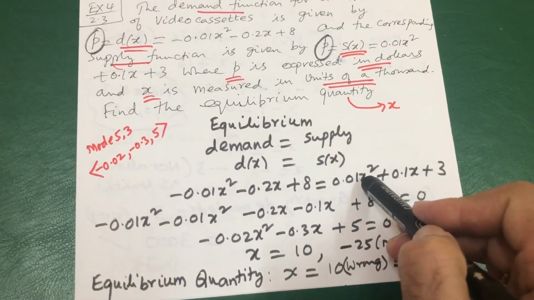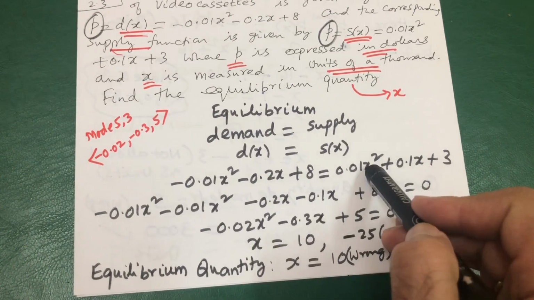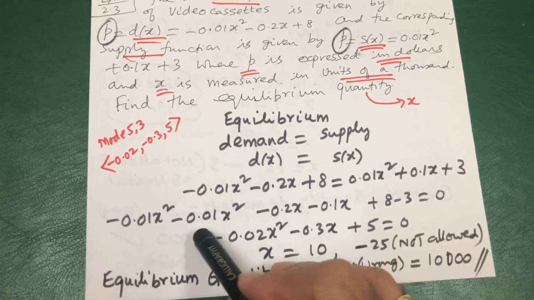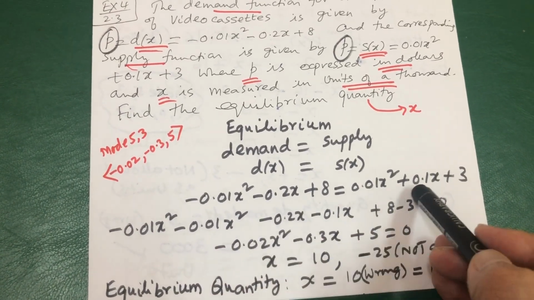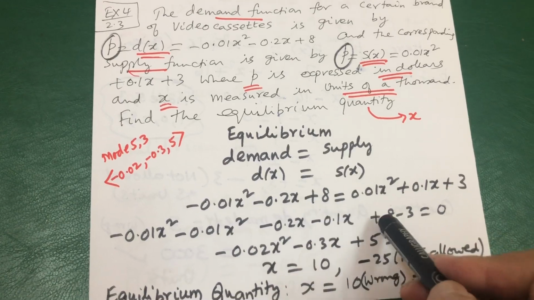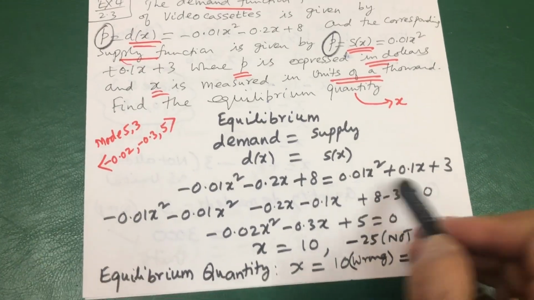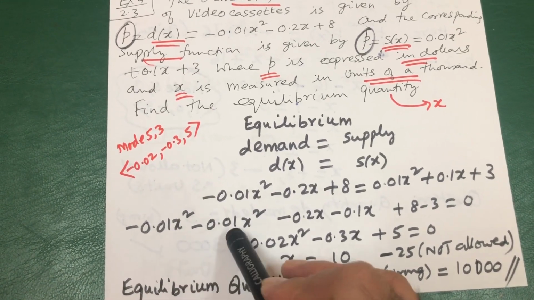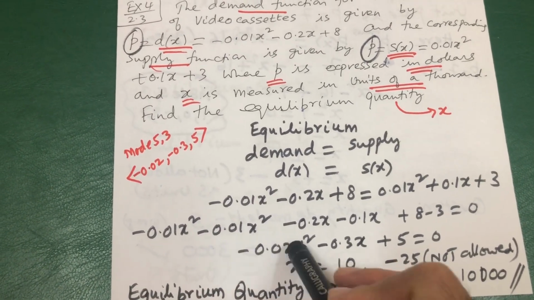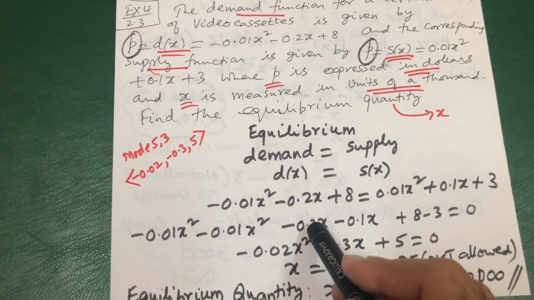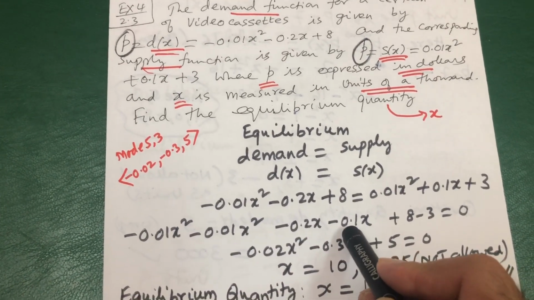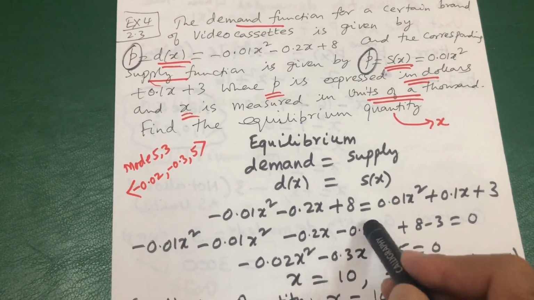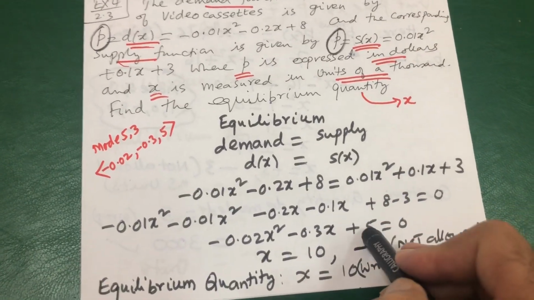Whenever you see x square, bring everything to the left, sir. The 0.01 x square comes to the left like this. Minus 0.2x, and this 0.1x moves left this way. 8 minus 3 is minus 3... I mean 8 minus 3 equals 5, equal to 0. Use the calculator: minus 0.01 minus 0.01 gives the coefficient. The calculator doesn't know x square. Similarly, minus 0.2 minus 0.1 gives minus 0.3. The calculator doesn't know what x means, so you have to write that x. 8 minus 3 gives 5 directly.